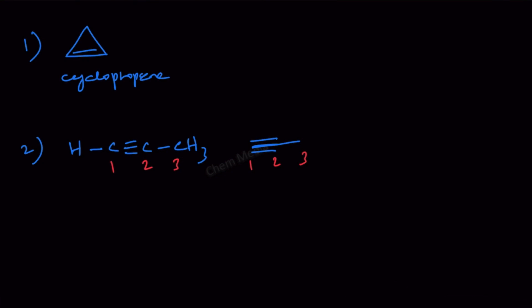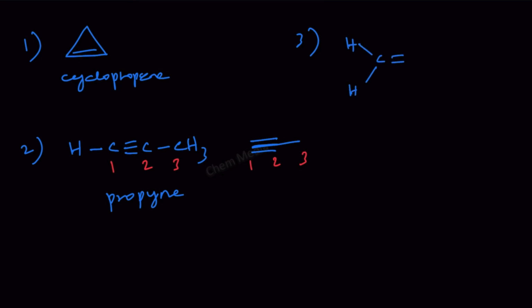And the IUPAC name is propyne or prop-1-yne. We don't need to specify the number because wherever we put the triple bond, it would become 1. So, propyne is fine. And then number 3, we can also write allene, that is another structure: hydrogen, carbon, hydrogen